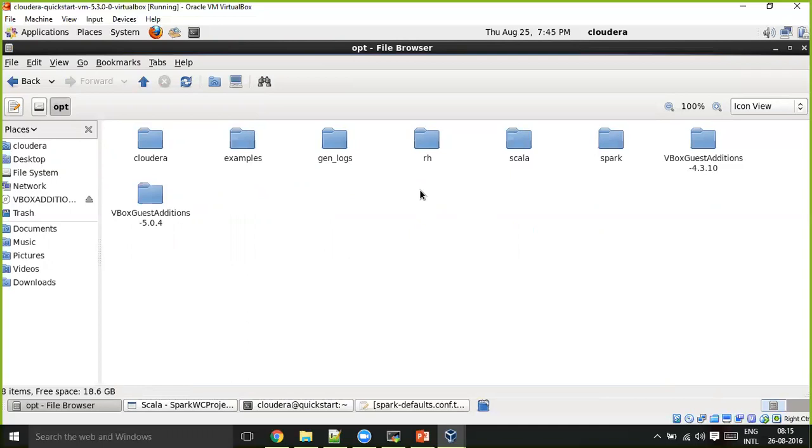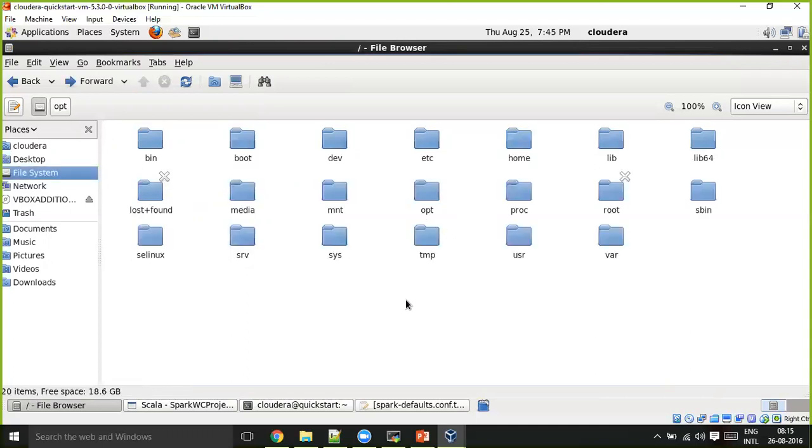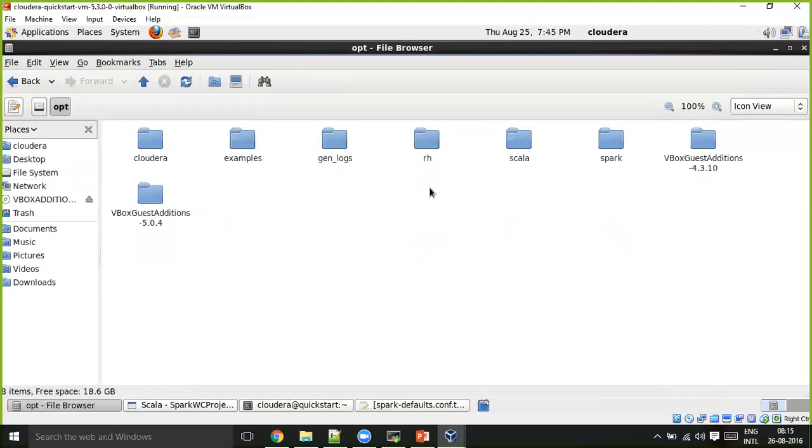It's the reverse. Anything that needs to be user specific needs to be installed in user lib folders, and anything that needs to be common across all the users, you will put it into OPT, optional software, and give access to it, so everyone can access.